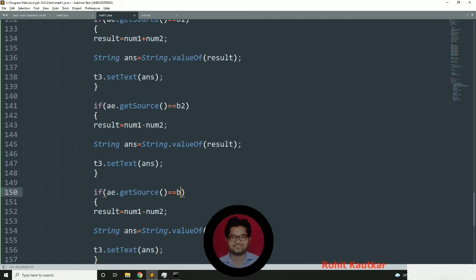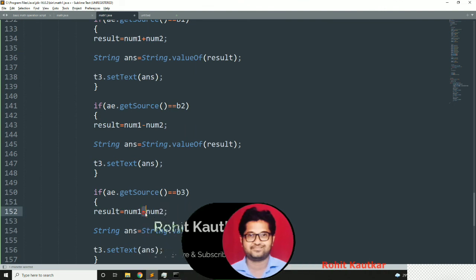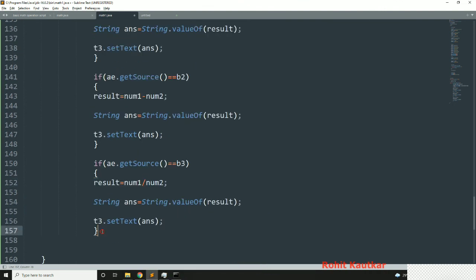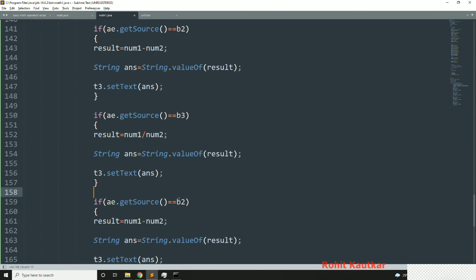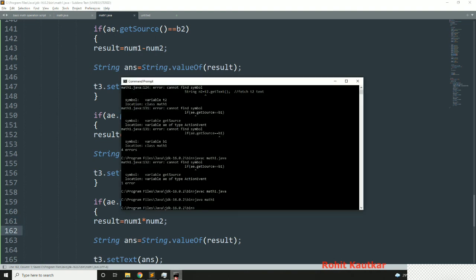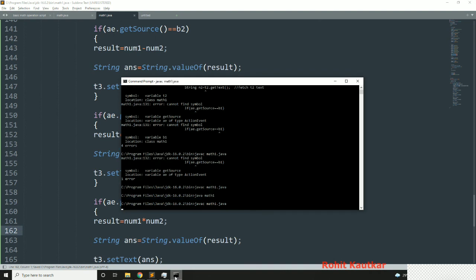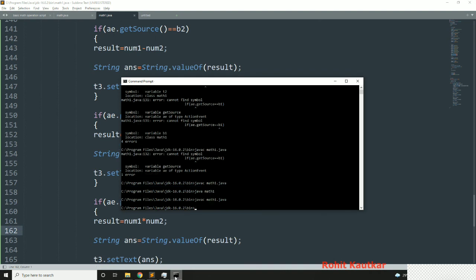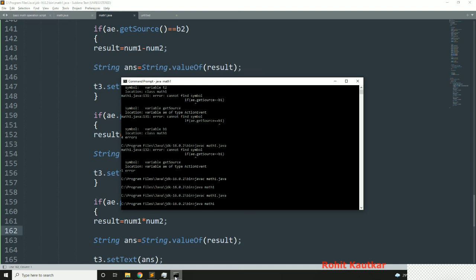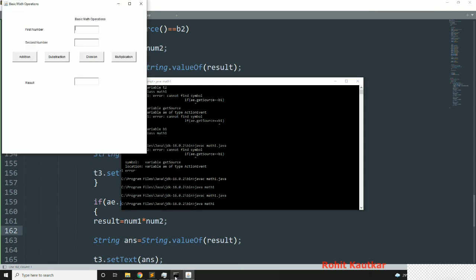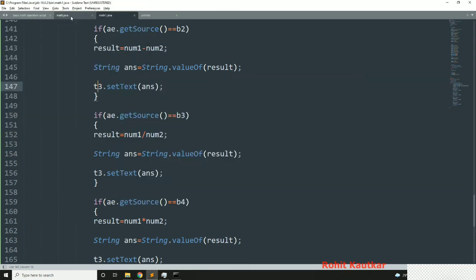If button will be B3, operation will be division, and if button will be B4, then operation will be multiplication. Okay, now if I put, okay, addition, subtraction, division, multiplication, okay, all four operations are working.